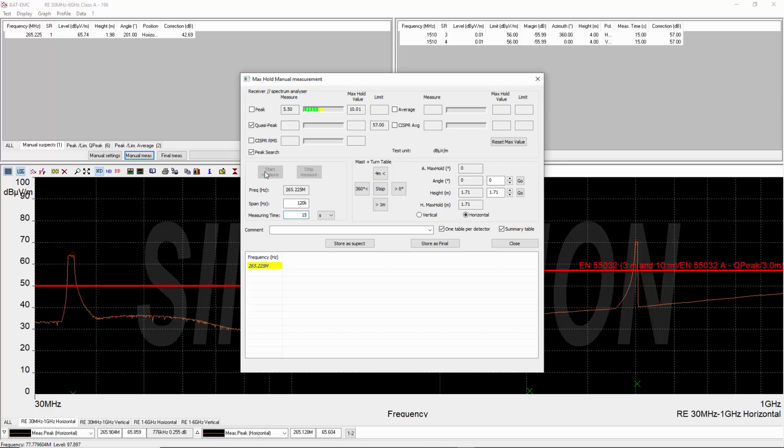We can start the measurement, allow it time to do the peak search as well as to quasi-peak, basically 15 seconds for each. You will note that the limit for that is also shown here so that we can get the right margin calculated. Now that we have completed the CISPR measurement, we can stop the measurement,